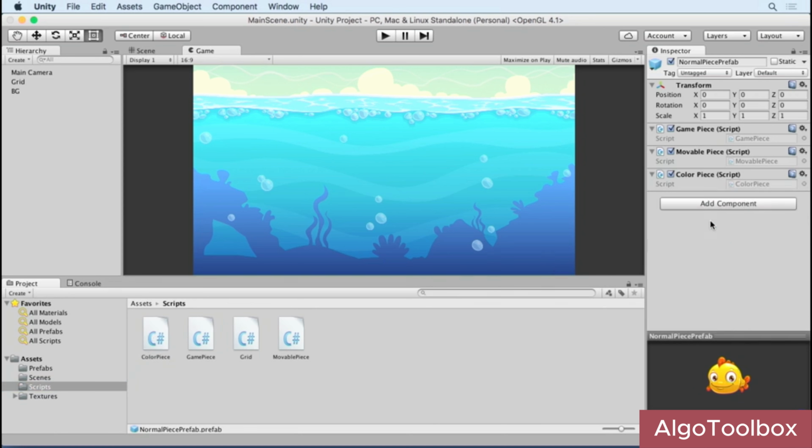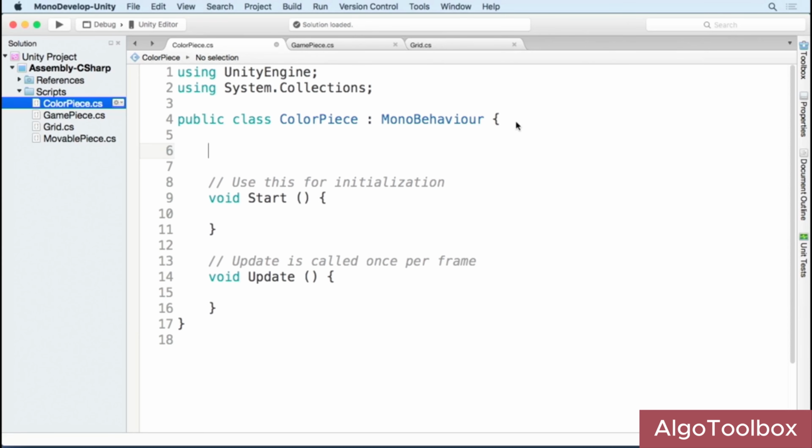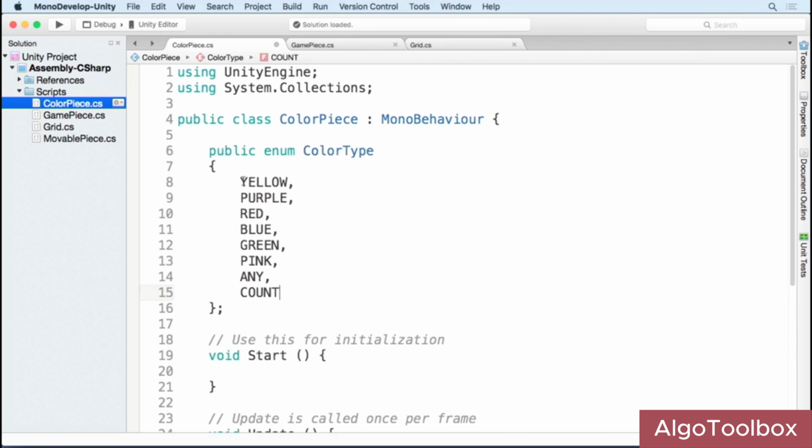This is going to work just like our movable piece component, except it will set the color of the piece instead of moving it. Open up the ColorPiece script. The first thing we need to know is all the different possible colors. I'm going to use an enum for that. Here I've added all the different possible colors, plus any, because later we'll have pieces that can match with any